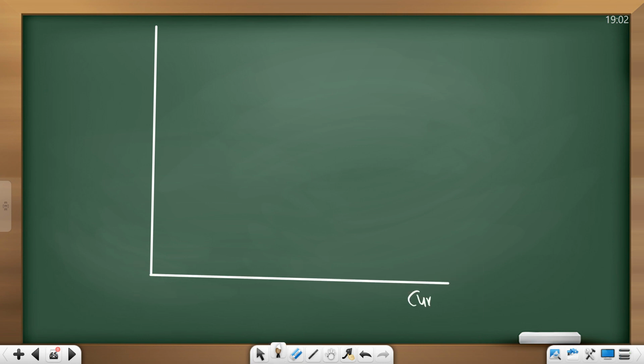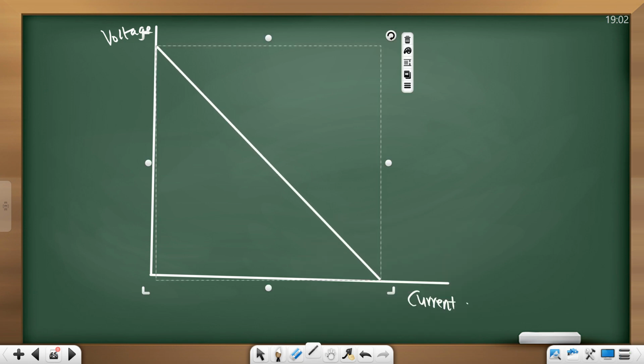If I have current here, and I have voltage here, what will happen is you're going to have a graph that looks like that. And I want to explain why this graph looks like this to you. Please watch this. Number one, I want to explain why you have a negative gradient. Number one, according to Ohm's law,